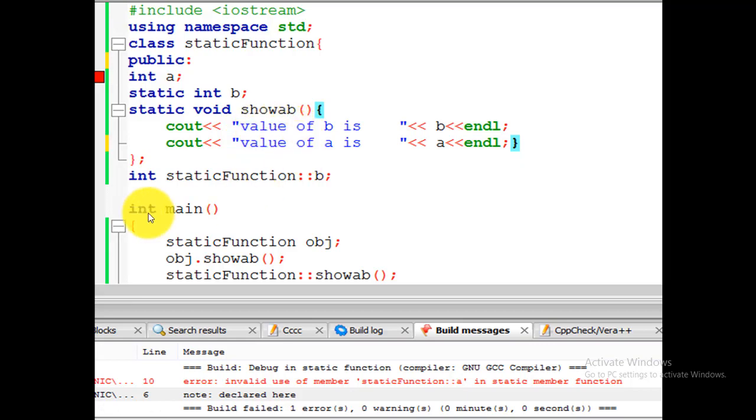And the second property, that we can call this function by using the class name too. It means that we make the static function independent. Now, if there is no object, then we call the static functions with the class name. That's the reason they are called class variables and class functions. Hopefully, you understand the concept. Thank you very much.